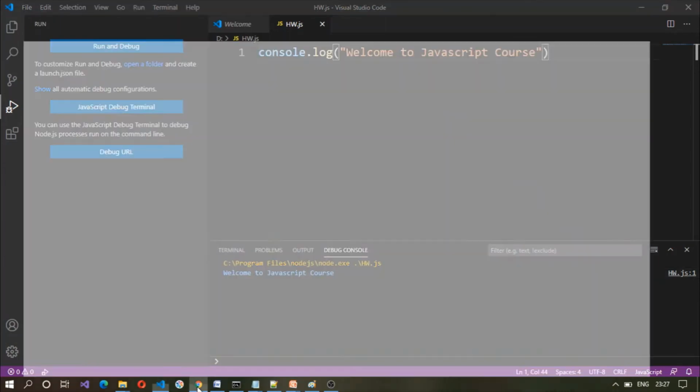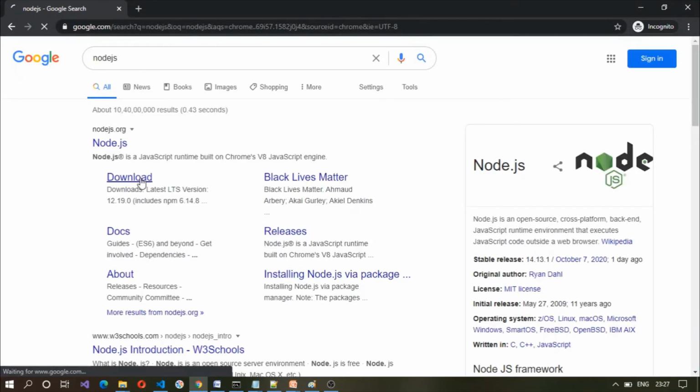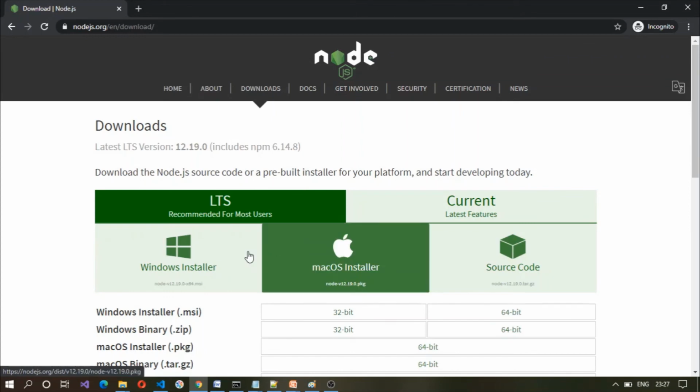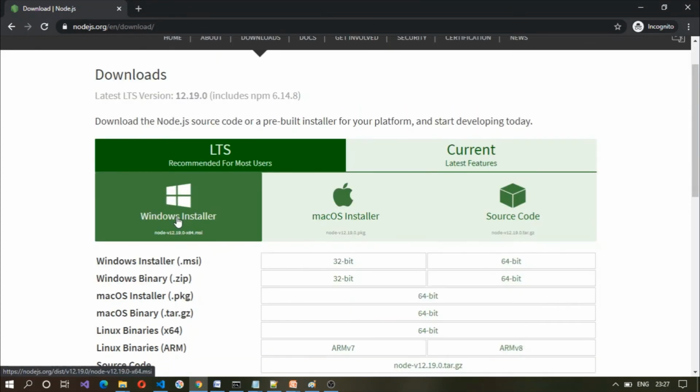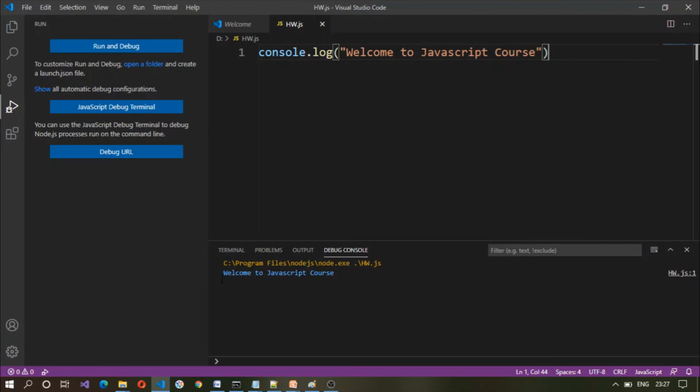You search for Node.js and click on download. You select Windows installer, download the Windows installer and install it. The installation is very straightforward. As you can see, by running this, I got this output, which is "Welcome to JavaScript course".